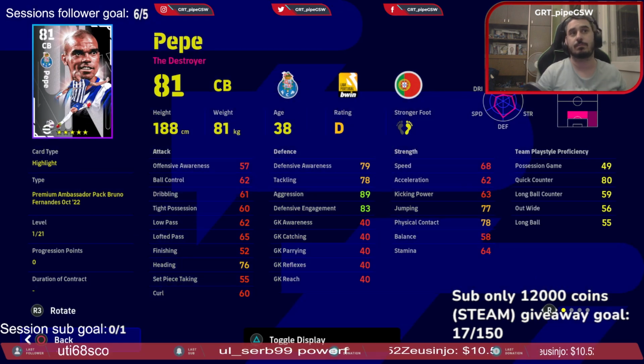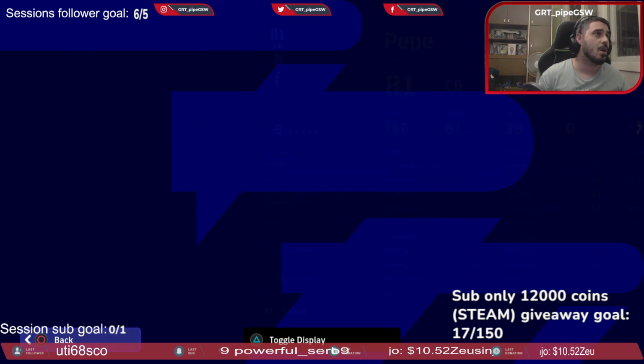And Pepe. I think this is the weakest player in the pack. Terrible acceleration, terrible speed. Defensive awareness and tackling you need to increase. The only good side is that you can lose 20 levels to increase him. But what you need to increase is defensive attributes and acceleration and speed, so he doesn't lack the attributes to catch the opponents. So yeah, all around,